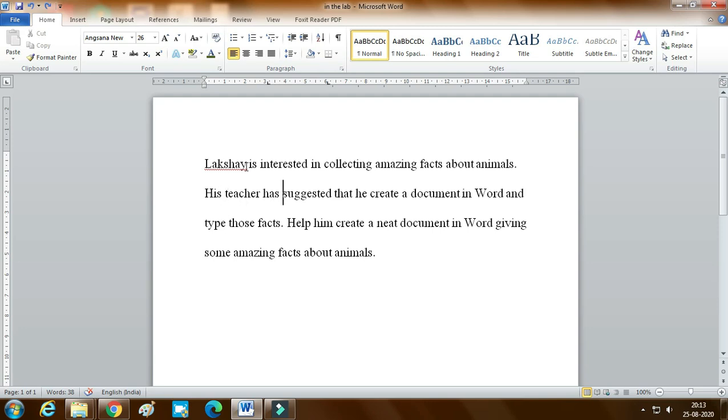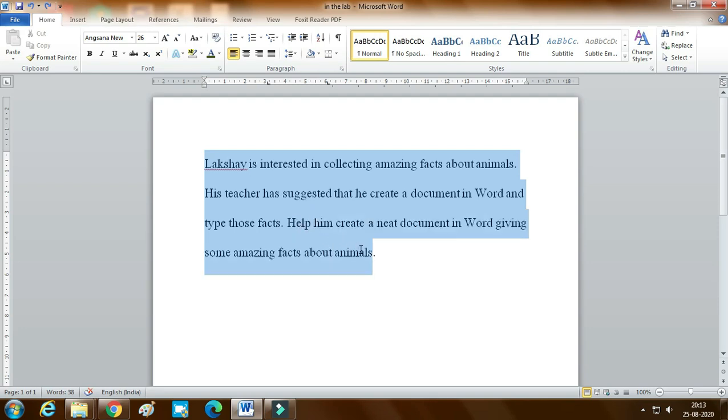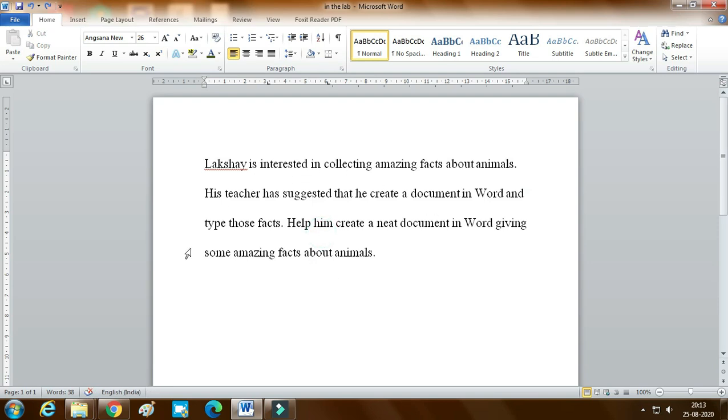Now multiple lines, many lines to be selected. The same way, click on the beginning of the line, keep on pressing your mouse button, drag to as many lines as you want to select and release the mouse. If there are two or three paragraphs and you want to select one paragraph, nothing much to be done.